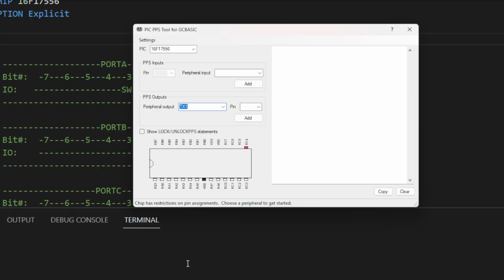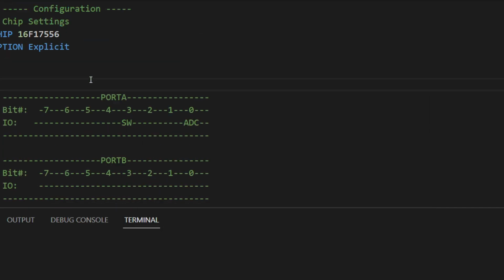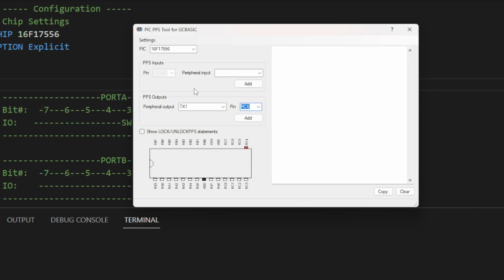I need to allocate that to a port, so I'm going to allocate that to C.6. Is that where I've got it connected? C.6. I was just looking at my source code, and then I press the add button. And what the add button does, it generates some code for us. It generates code, it's a code generator. Copy that,